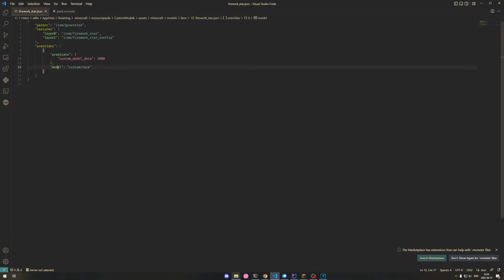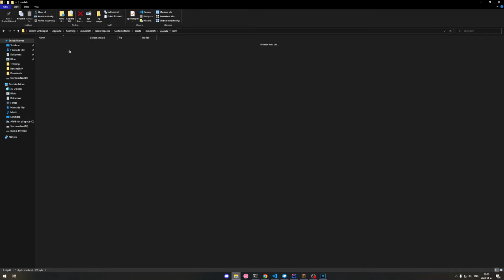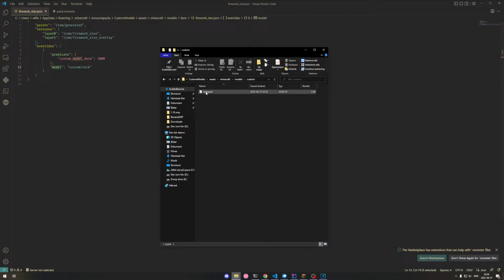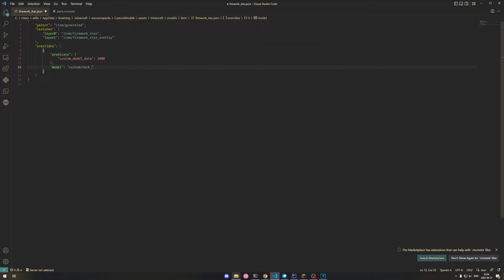And here you're going to see the model is where we stored our model in the models folder, and I stored it in here, which is the custom. This is in the models folder, custom, and then rock, omitting the JSON. You also can't have capital letters in your name, so if you have a name like Rock, then this won't work. You want small letters. Underscores will look fine, and if you have something like rock1, that works fine. But here you want to see that we have custom rock, and this is it. Now we can